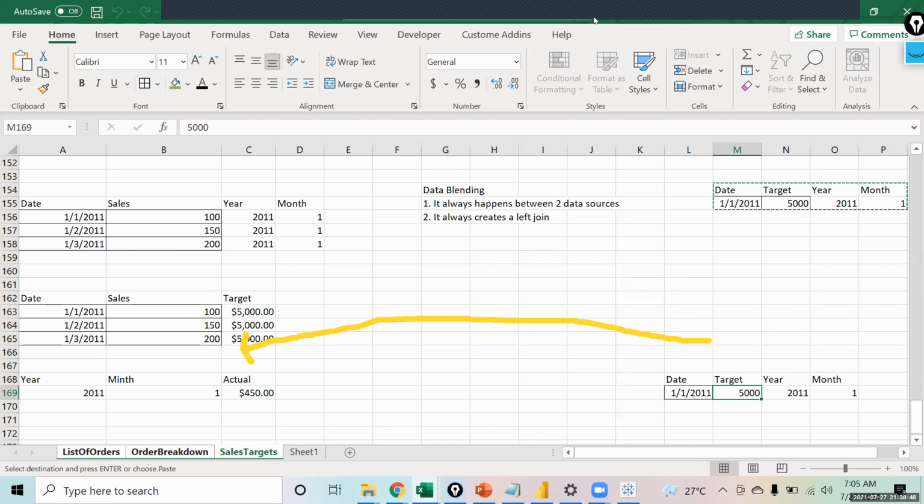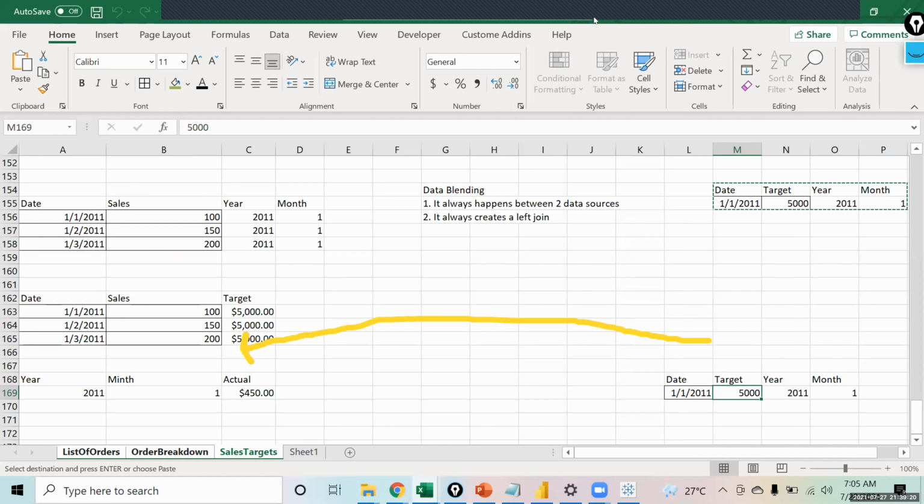If you make a join on the year, the target will come 3 times, so the target will become 15,000. Again, there is a duplication of the data happening. So the only solution we could think of was to first group this data by year and month so that we are left with this number over here, then group the other data on the same basis and be left with this number over here, and then join it. Now it will not create any problem for us.